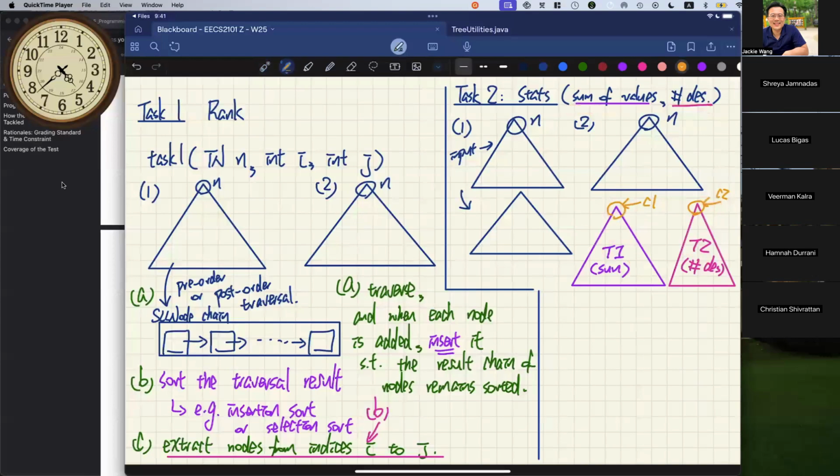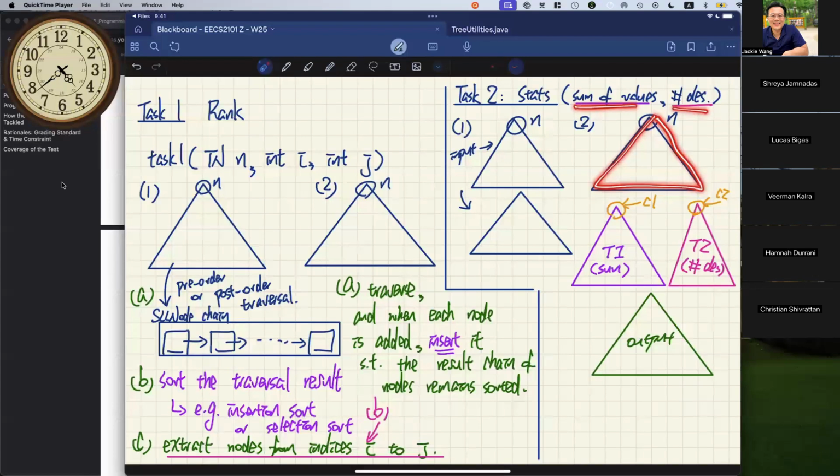Okay. So once you have done that, you're just going to get the output tree of the same size, right? So that's the output. Conceptually, this one here might take more space, but that's not really our concern. Our main goal for this assignment is for you to practice recursive thinking on trees. Given the input, depending on how many pieces of information you need, you can create as many intermediate trees as you like. For each one of them, it will be easier to calculate as opposed to trying to calculate all the pieces of information in one go.